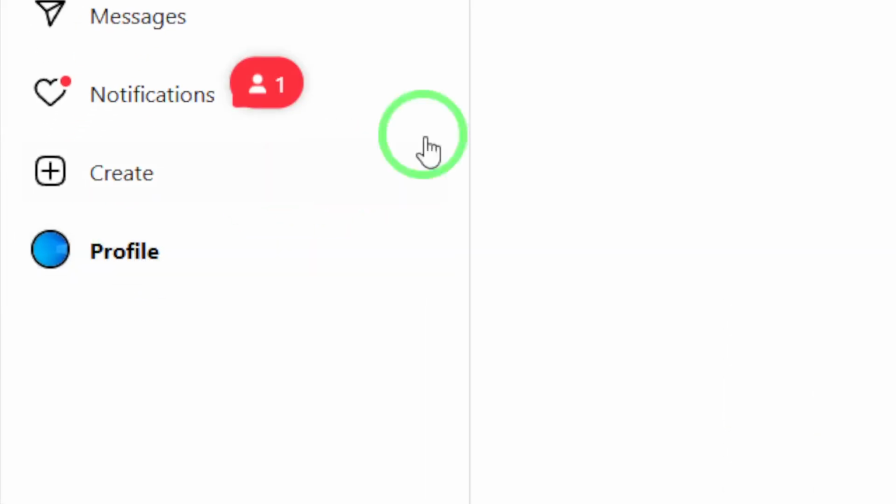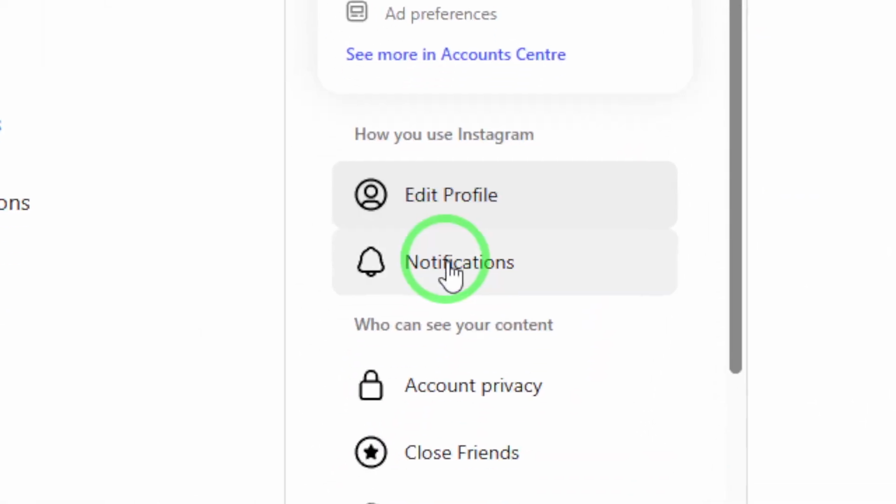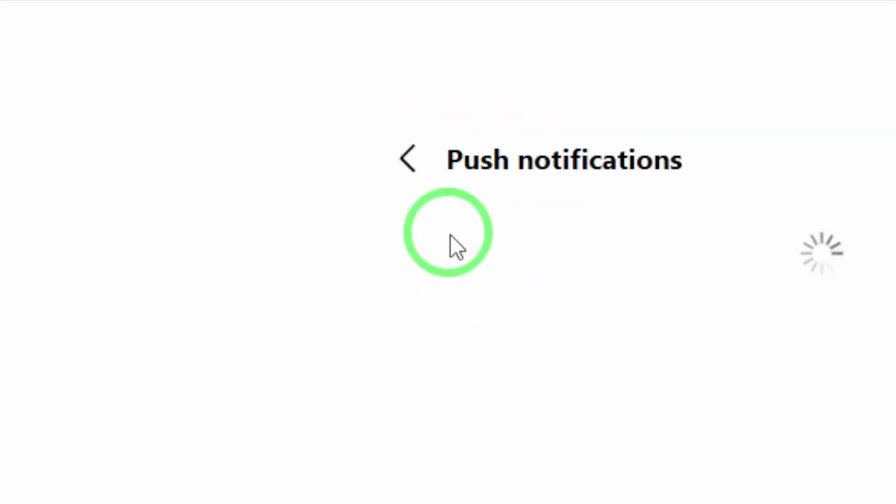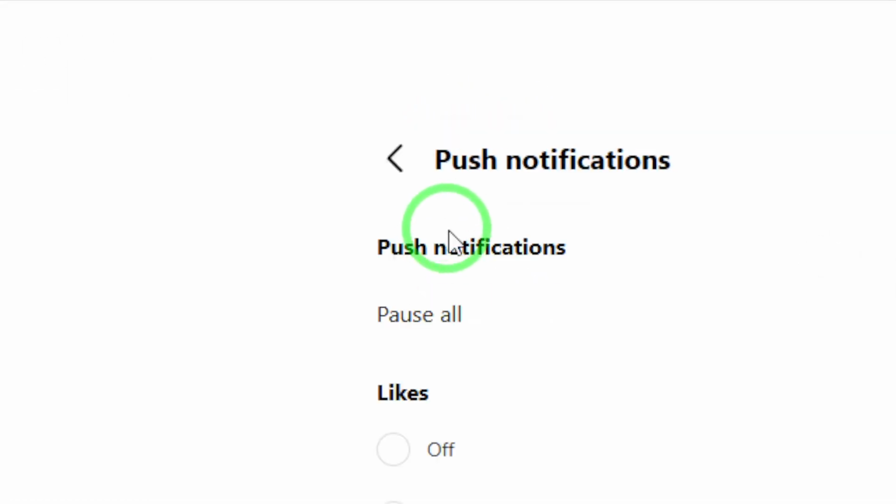Next, look for the notifications option in this menu and click on it. This section is your control center for all the alerts Instagram can send you, helping you manage what you want to be notified about. Inside the notifications menu, you'll see several categories. You want to head into push notifications. Click on this to open up more detailed settings about the types of alerts you can receive while using Instagram